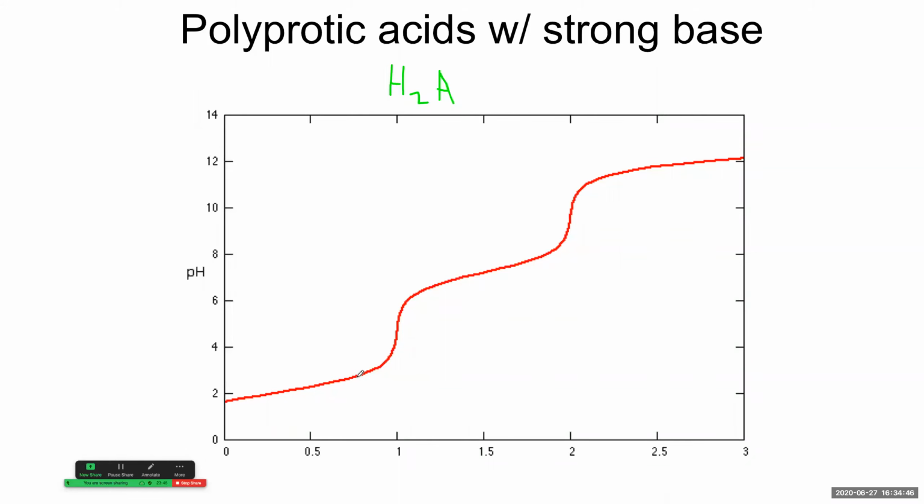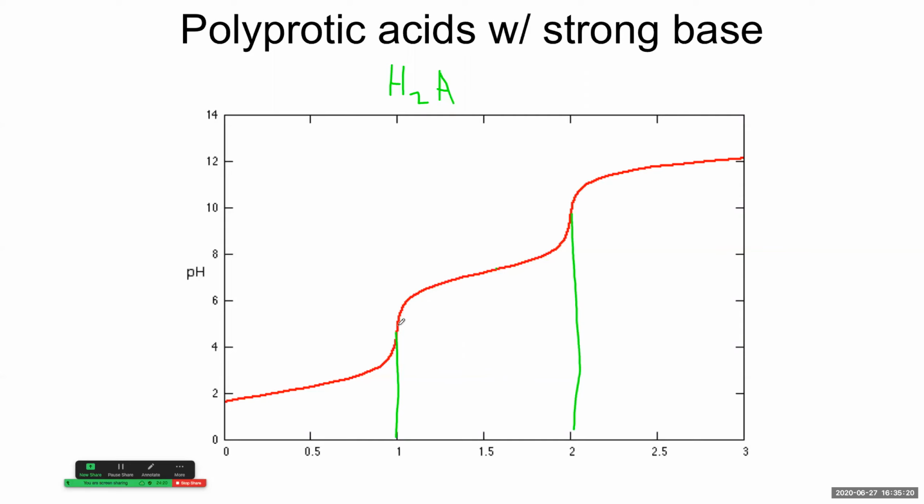So this might be something like H2SO4, where the first proton is a strong acid proton and the second one is a weak acid. The second proton is definitely a weak acid, so the pKa of the second proton would be halfway, you go halfway between the equivalence points, because at this equivalence point you have